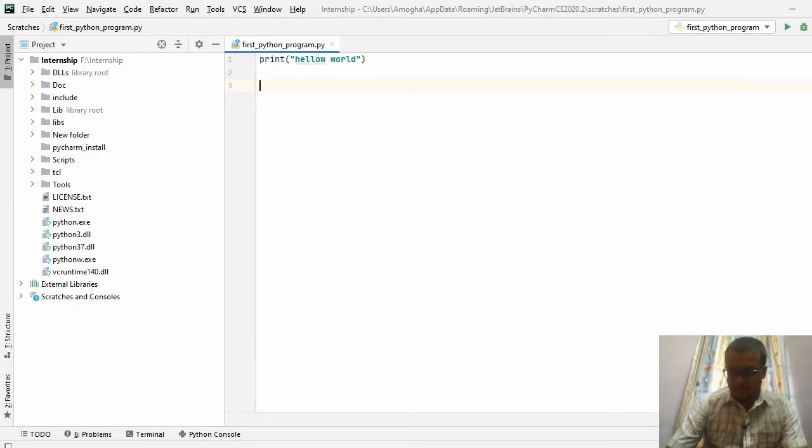So here you are going to provide a sentence inside quotes. You can use single quotes or double quotes. Both are acceptable. As it is Python 3.7, that is Python 3, the usage of brackets is essential.